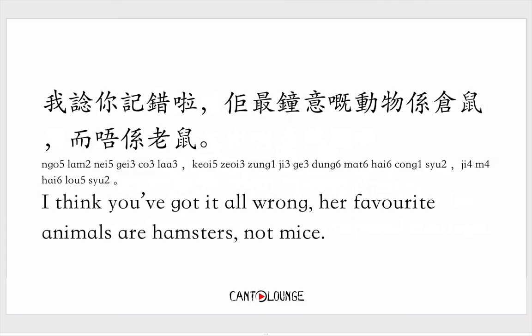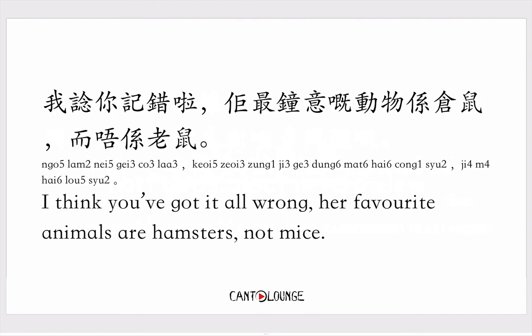For example, I'm not so sure this is an example you'll ever use, but a friend might be talking to you about another friend, about what animal he likes, and your friend is saying you got it wrong, right? 我諗你記錯啦，佢最鍾意嘅動物係倉鼠而唔係老鼠。